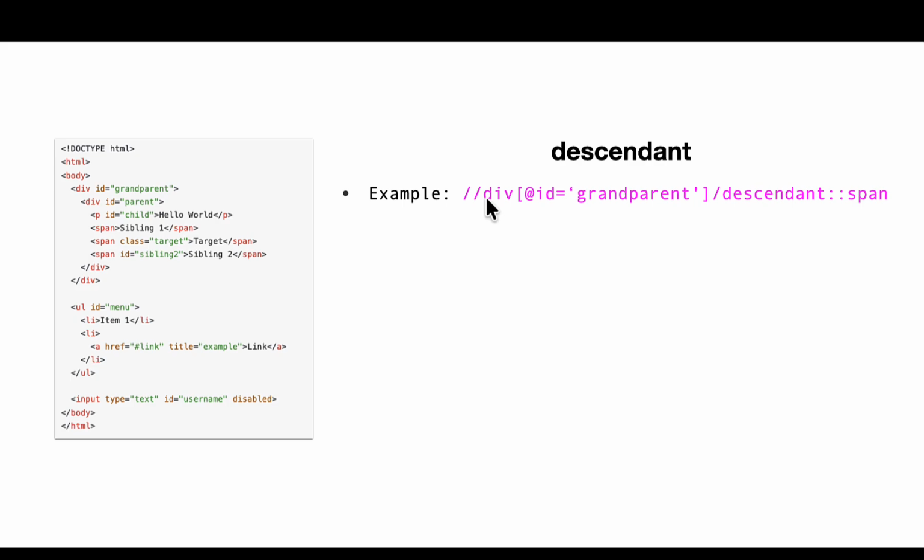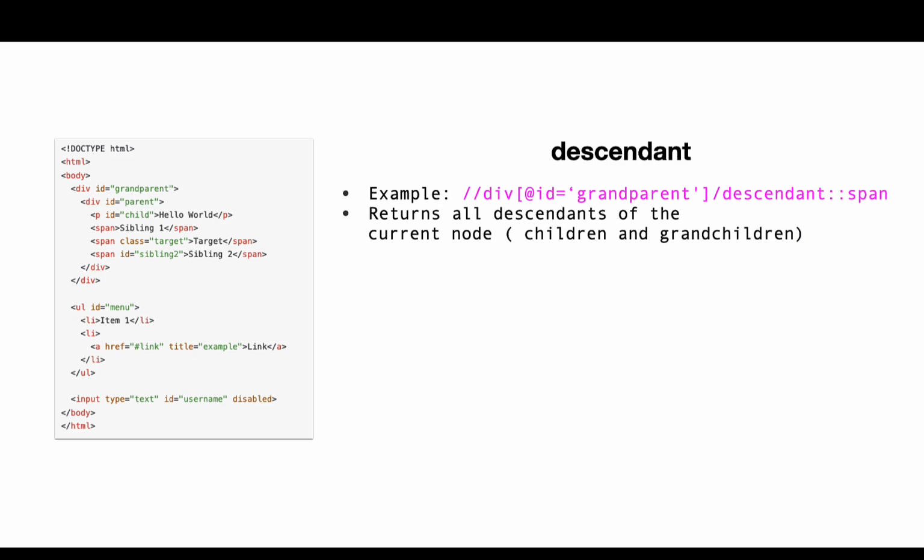Okay, so what it will return, it will return all the descendants of the current node: child, grandchild, everything. And it does not include the current node itself. So if you see here, for this div id grandparent, we are using descendant span, meaning come inside this tree. And if you see, there are three spans, so it selected all the three spans. Even if a span is available under this ul tag, it will not select it,